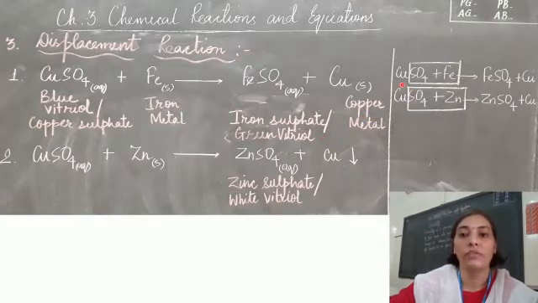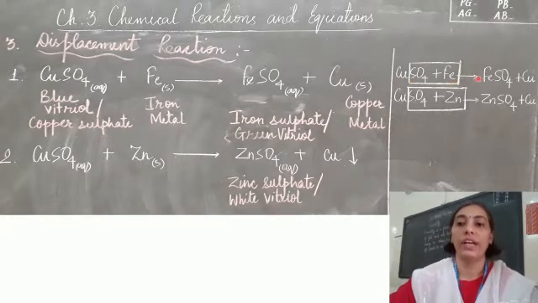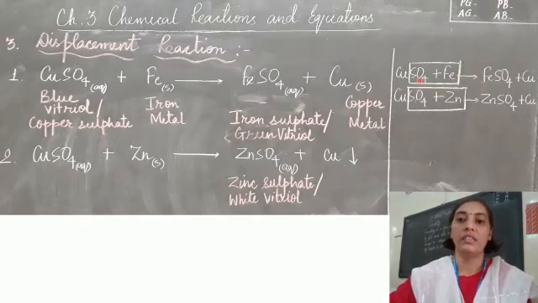Here I have just simplified the equation for you. That is, how can we find out the products? So this is one box that I have made here, but because we have the positive ion first, we will write Fe first and then sulfate, so FeSO4 you will get. Both have valency 2 plus and 2 minus, and so both get cancelled and you have FeSO4. And what is remaining here is just copper, and you'll write down copper.